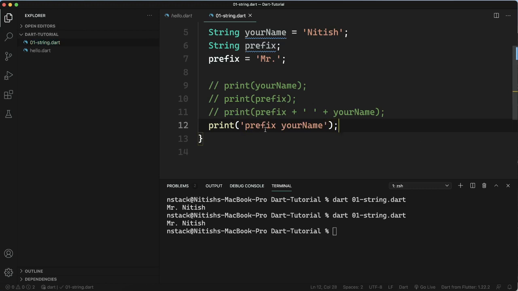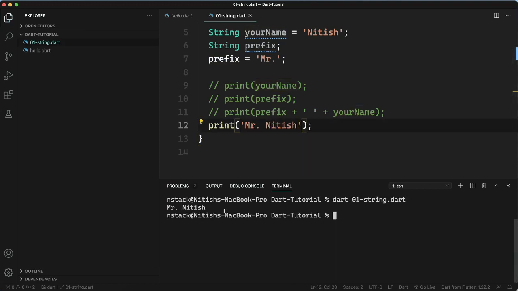Somehow, if I write Mr. and Nitish, and I print this, I will get Mr. Nitish. But instead of hard coding the value Nitish, I want to use this variable. So I want to use the variable, but if I write the variable name directly here, and in the place of Mr., if I write the variable name directly here, this is not going to work.